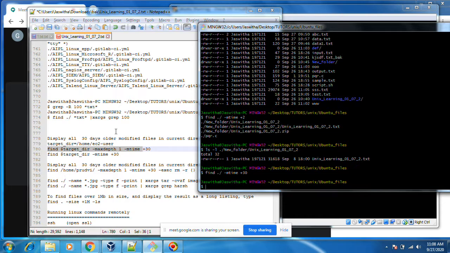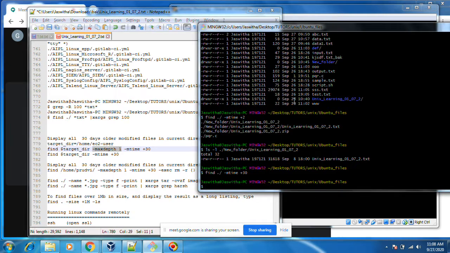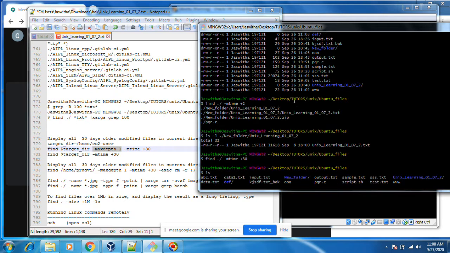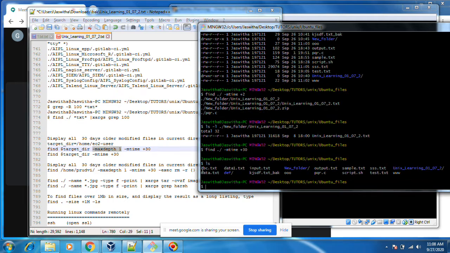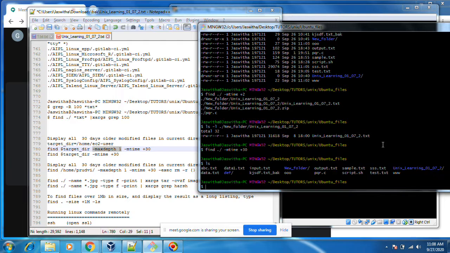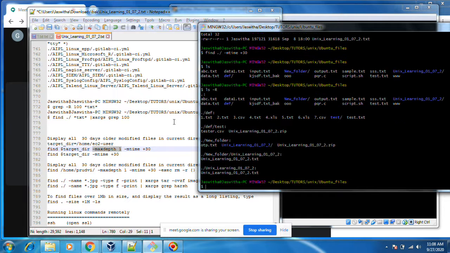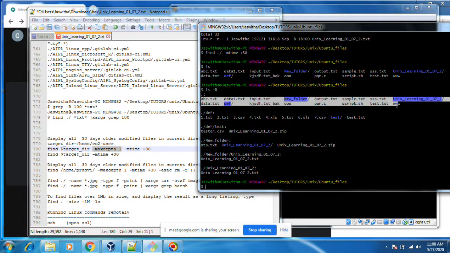Okay, here maxdepth 1 means it will search only this directory. It will check only these files if you do maxdepth 1. Okay, ls -R. Here if you do maxdepth 1, it will search only these files.